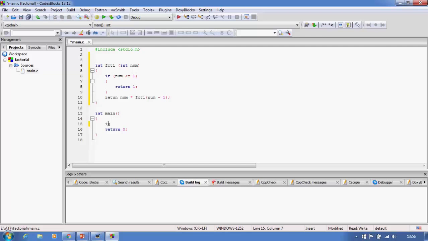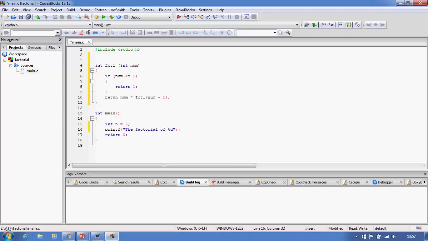Now let us take an integer value. So we will take the number n equal to 5. We have initialized it with the value of 5 so that the factorial of 5 will get called. Now we will use our printf statement to print the factorial of 5. The syntax of the printf statement is first the keyword printf, then double quotation marks, and we have a constant string along with some format specifiers. The constant string is whatever message you want to print on the screen. So the message is: the factorial of